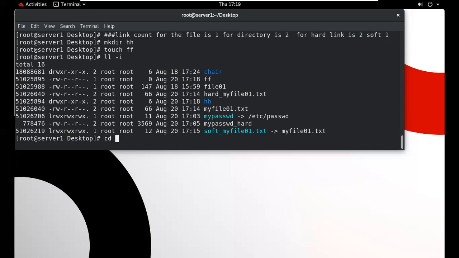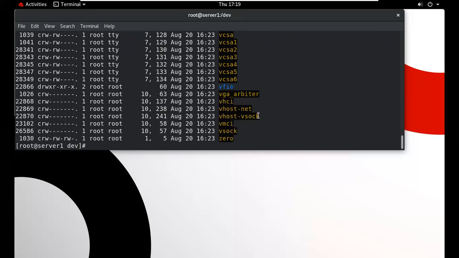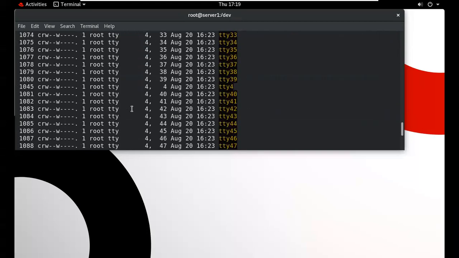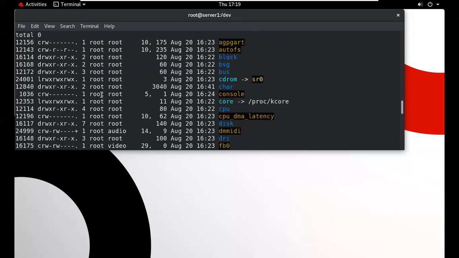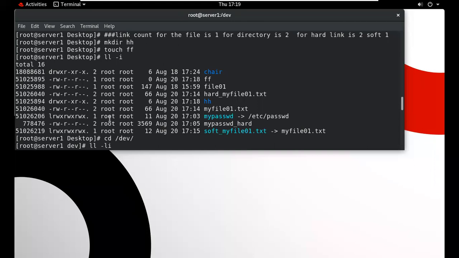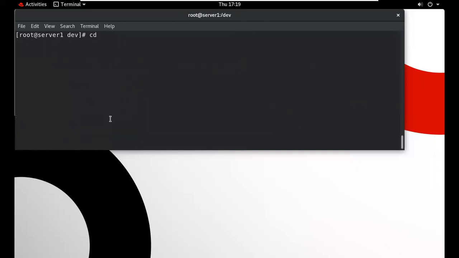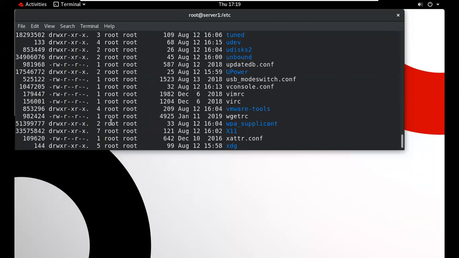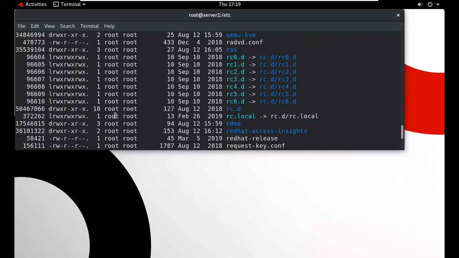But you can see here, suppose I show you this, it's 3. And this one is 10.